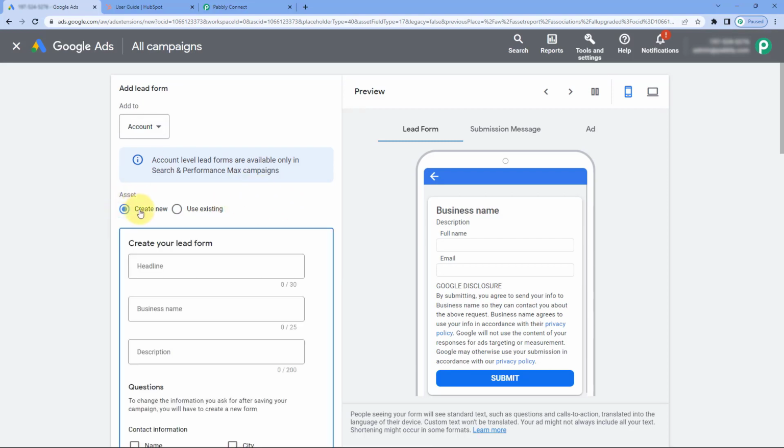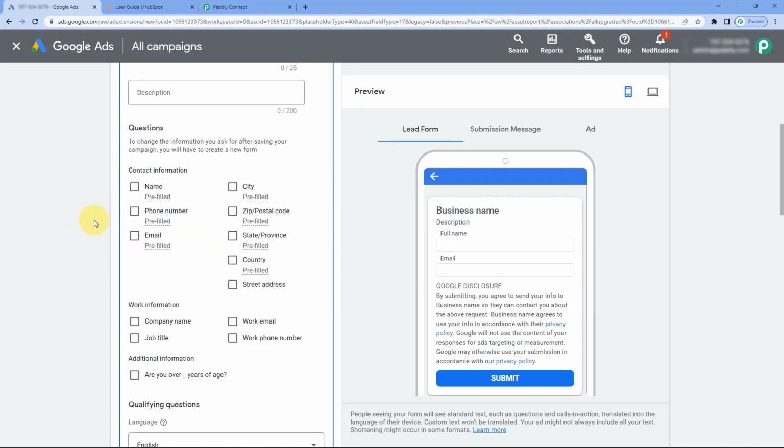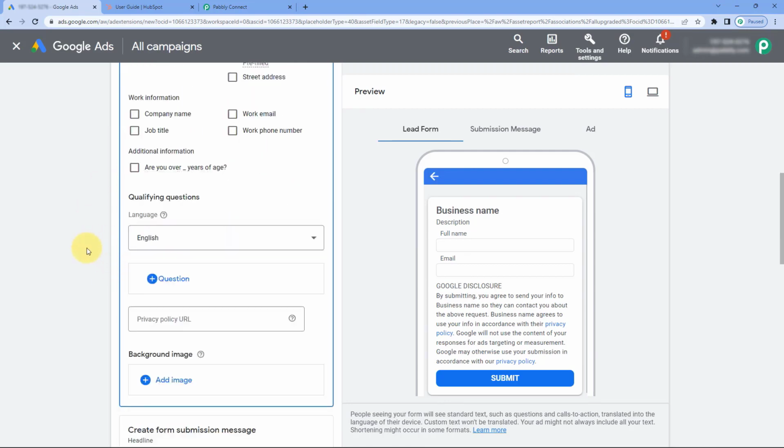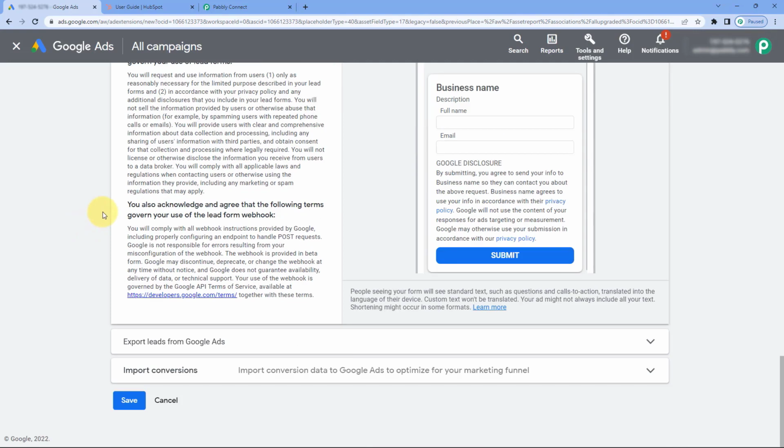And out of which, clicking on this Create New Form button, you can create a new lead ad form. So here you can enter the headline, business name and description of the lead form which you are creating for your Google Ads campaign. Then here you can select the questions which you want to ask your new leads. And after you enter all of these details, when you scroll down,